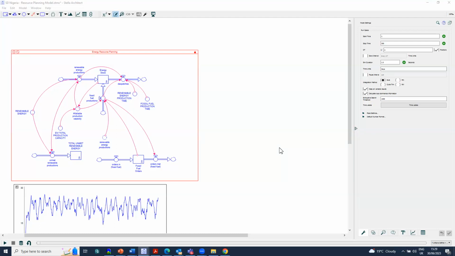So basically, look at the stock here. I'll do this, and I'll go back and come back here again. If you look at the stock here, this is the total stock that is being produced. But can somebody tell me what are the variables that go into the total stock? You see what variables are actually adding to the total energy stock. The energy can be either renewable or fossil fuel based. Can anybody tell me what are the inflows into the energy stock?